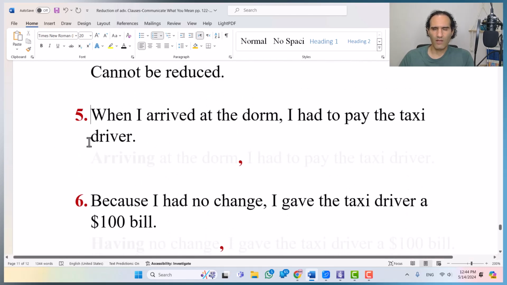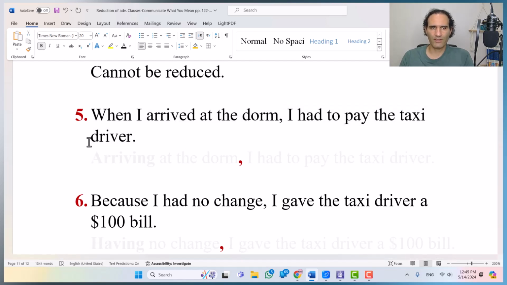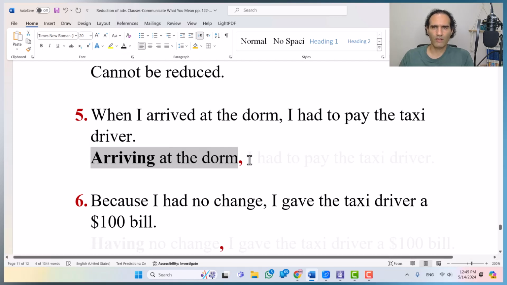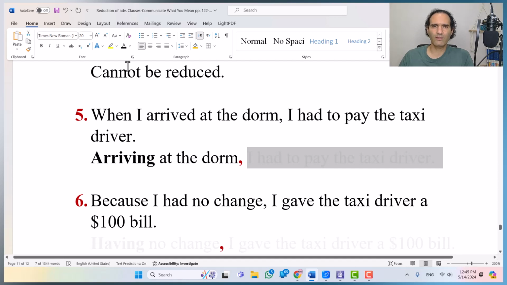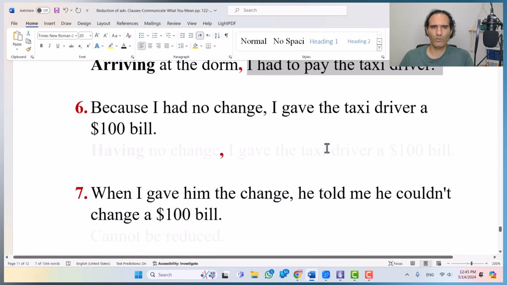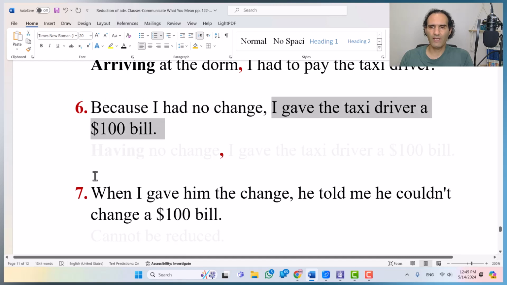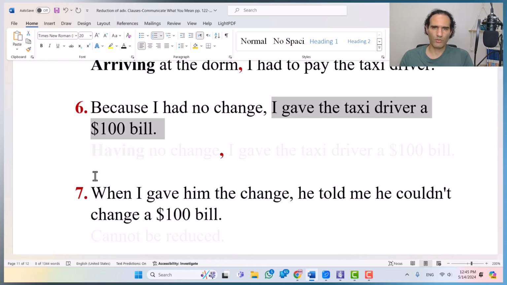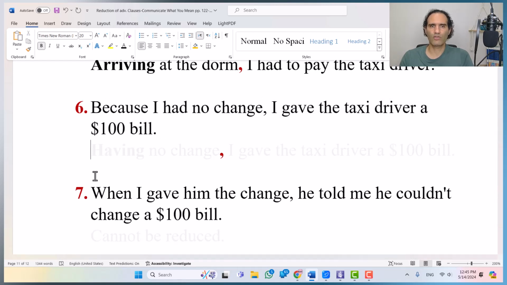Number 5. When I arrived at the dorm, I had to pay the taxi driver. The subjects are the same. Arriving at the dorm, I had to pay the taxi driver. Nice and clean with the comma in between. Number 6, a good one. Because I had no change, I gave. The subjects are the same. You can reduce it. So, having no change,